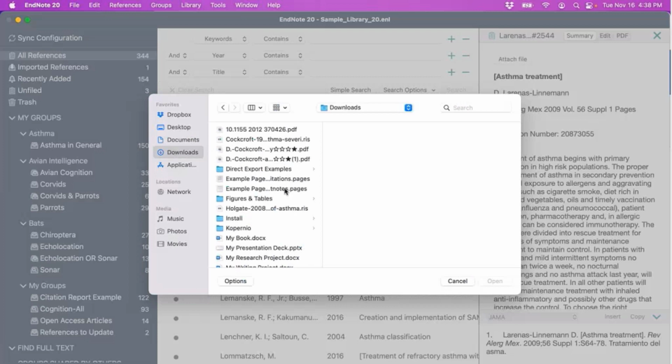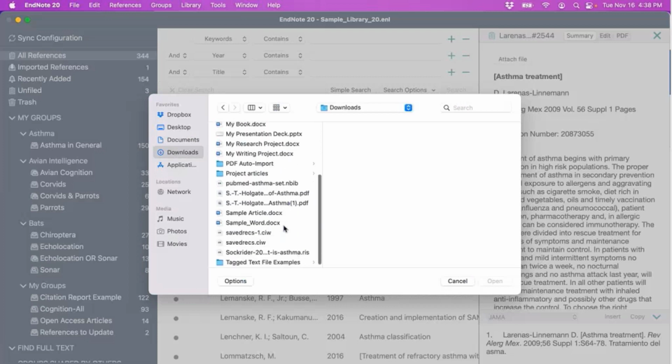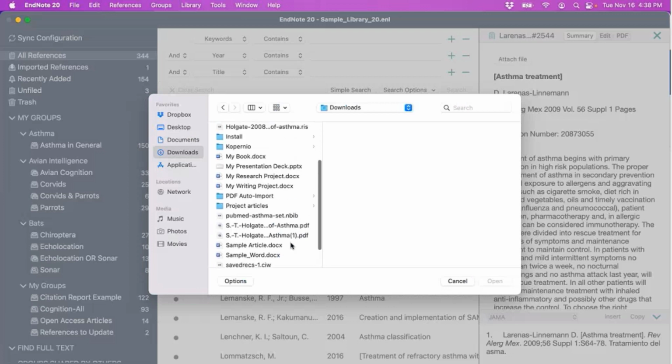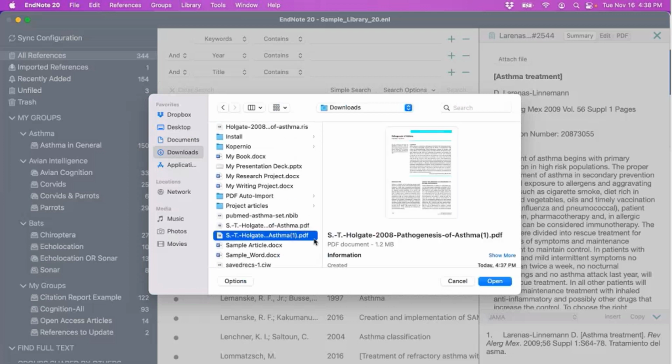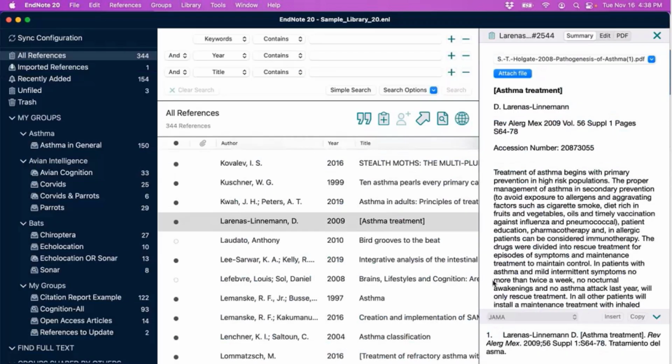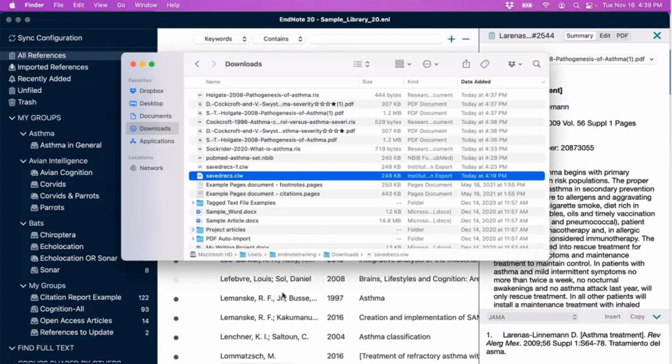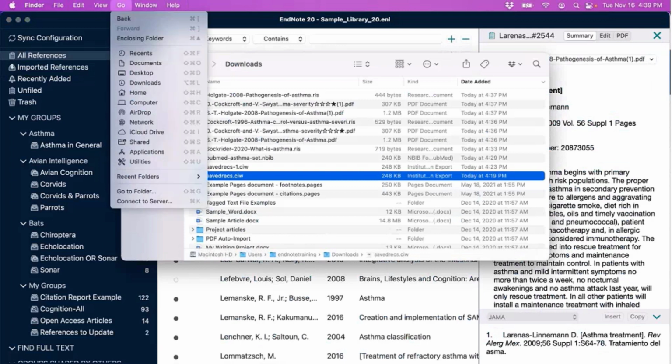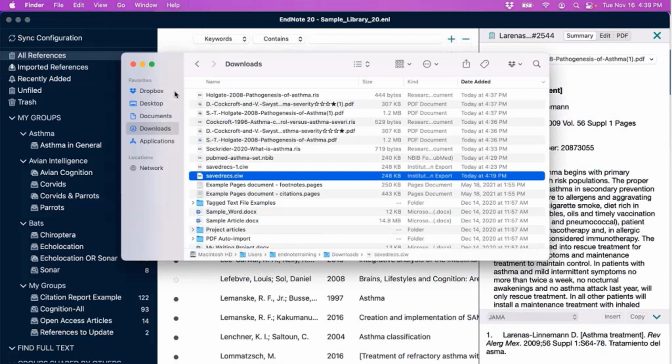Here in downloads, I've got a couple of example articles, and not the true article for this publication, but just an example here. We can highlight that, press open. And what EndNote does is it makes a relative link by default. And what that is, even though we've linked this file that existed in our downloads folder, once we chose the file, EndNote copied that file and put the version that EndNote accesses within the library's data folder.